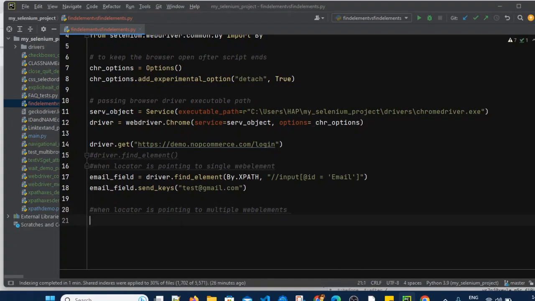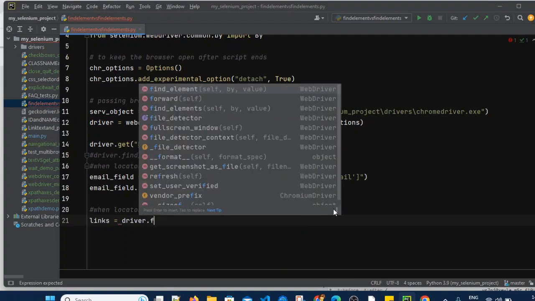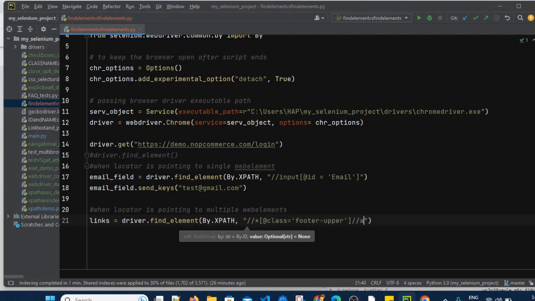Let's try to print the inner text of those locators. I will store that in, let's say, links, a web element type variable, and then use the driver.findElement method with by.xpath, and pass the locator value.